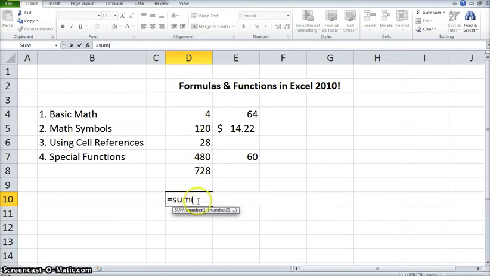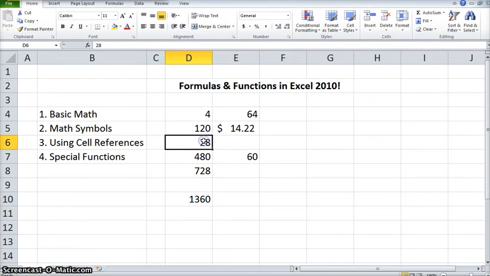If you didn't know how to type that, you could also click, hold down, and then drag down. And you'll see it'll automatically put that in for you, D4 colon D8. To finish, close the parenthesis, hit enter. Done. And remember, the beauty of this is if you change any of these numbers, I change this to 100, this number will automatically change. Okay. There's another really interesting function